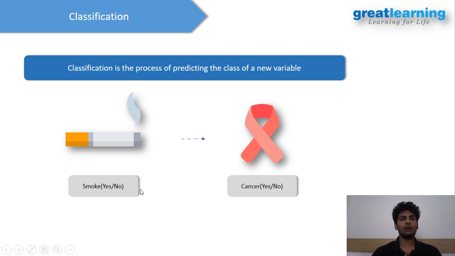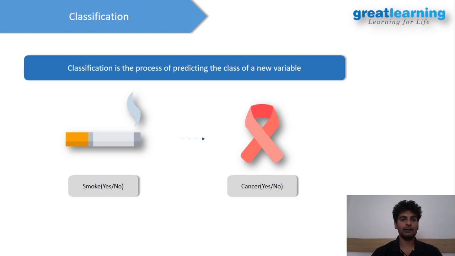Now let's take this example to understand classification better. Let's say we want to determine whether a person has cancer or not on the basis of whether the person smokes or not. So over here, whether the person has cancer or not would be the dependent variable, and whether the person smokes or not would be the independent variable. We basically have a data set which would comprise 2 columns, and one column would be whether the person has cancer or not, and then the next column would be whether the person smokes or not, right? And on the basis of this column, we are trying to determine whether the person has cancer or not. And this is basically the